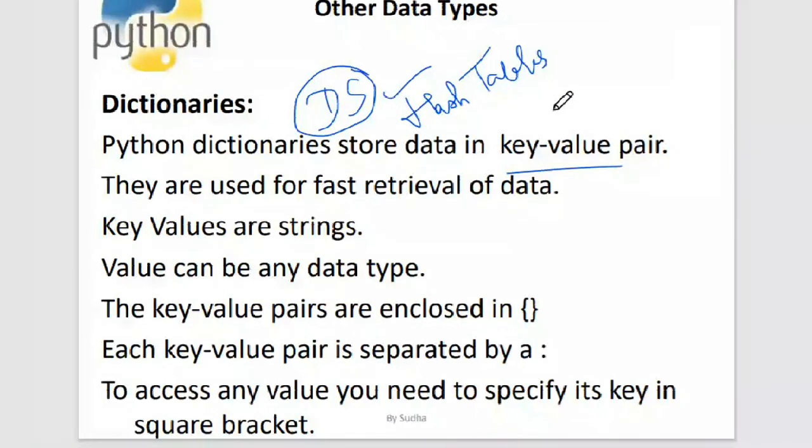Now, among all the various data structures that you are studying, there are various time complexities that we'll discuss associated with the data structure. We say what is the best time complexity, we say what is the average time complexity, and we also say what is the worst time complexity.